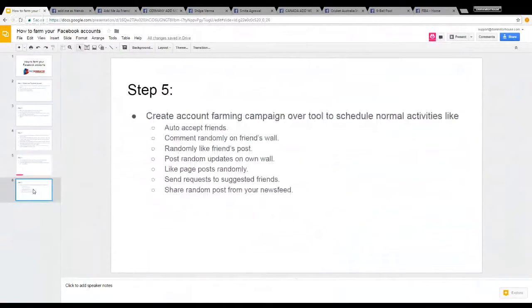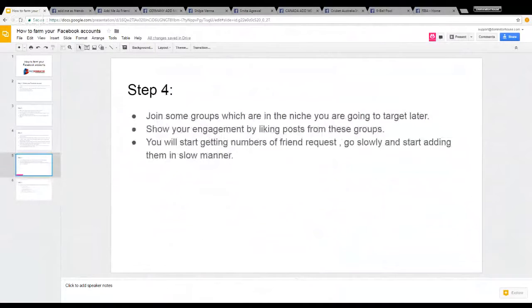Now I will show you how you can do all this using Page Dominator. So this is our platform, Page Dominator, and this is our accounts manager section. Here you can add accounts. If you just have a single account, you can add it with the add single account option. For multiple accounts at once, you can load multiple accounts, pick a CSV or text file, and the software will read that and add all your accounts. If you want to delete accounts, you can use the delete accounts button.